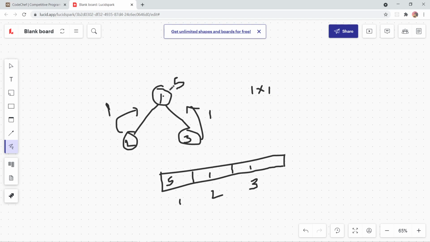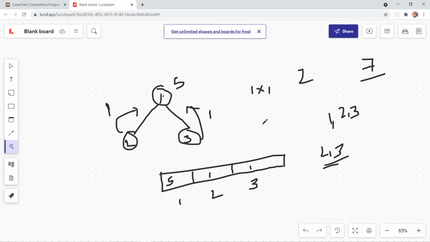Then I can double this up by adding this. So he can make 2, 3. Without considering 1 as the middle node, I can make 2, 3, a simple path. And I can actually double that up, so I can add 1 here. So the simple path is not only 2, 3, but also becomes 1, 2, 3. So I'm going to keep that aside. I can also make two valid paths. So this is 5 plus 2, so I'm going to return 7 as an output. So it is having 7 valid paths.